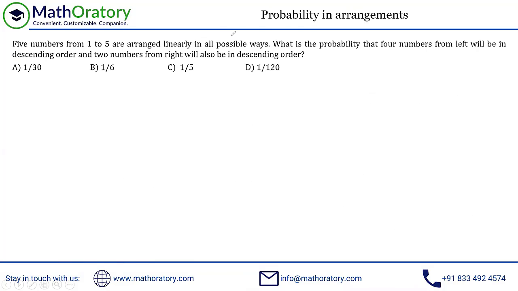All right. So whenever you have any kind of probability question in terms of arrangement of numbers with some constraints, what you have to identify is what are the constraints and what is the flexibility that you have.